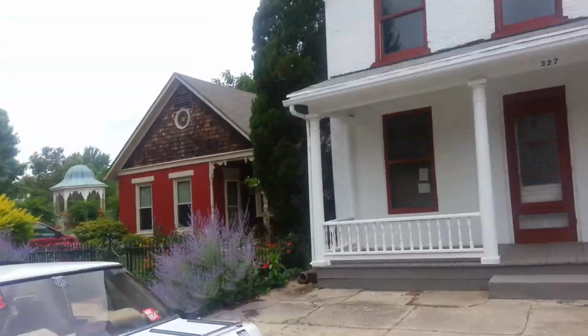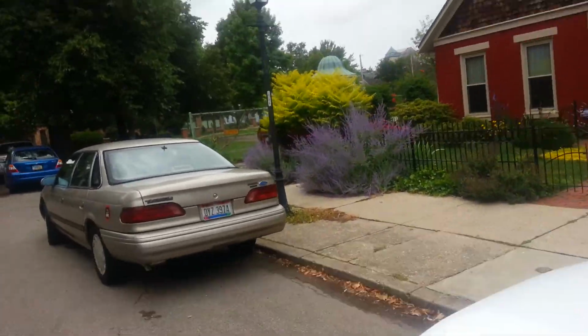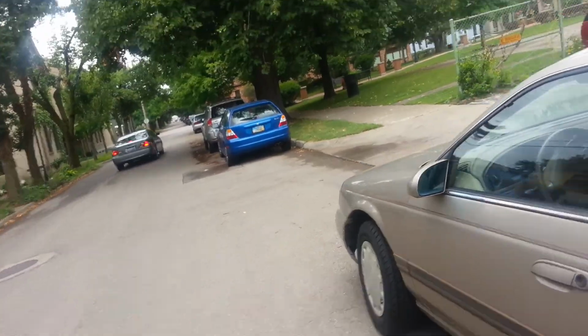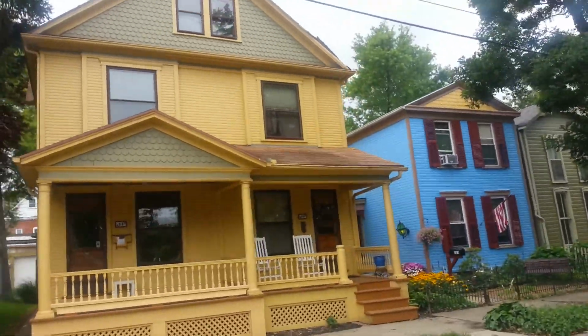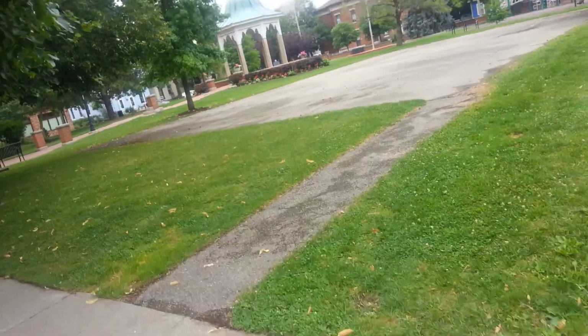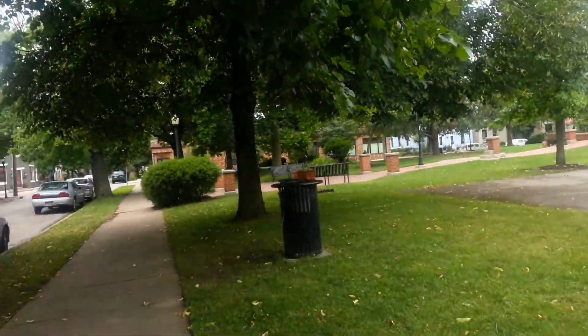We're still on Green Street, continuing on with the video right here. These houses are really beautiful. Looks like this park has a gazebo. I'm not exactly sure what it is called, but I will get a close-up of it while I'm back here. So yeah, it's a really beautiful and historic neighborhood right here. You got some kids playing back here,